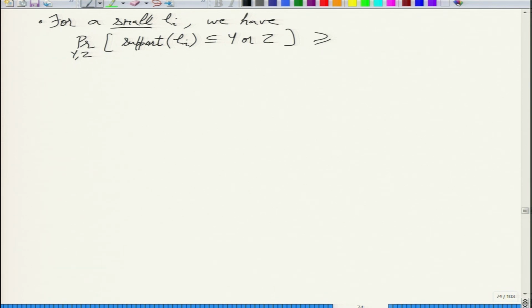So it's not the case that for each variable you're independently picking whether it falls in y or z, because then only the expected size of y and z would be n by 2. Here you have that additional constraint. So you're not choosing independently at random for each variable. Amongst all subsets of size n by 2, you pick one at random. The distribution will be slightly different.